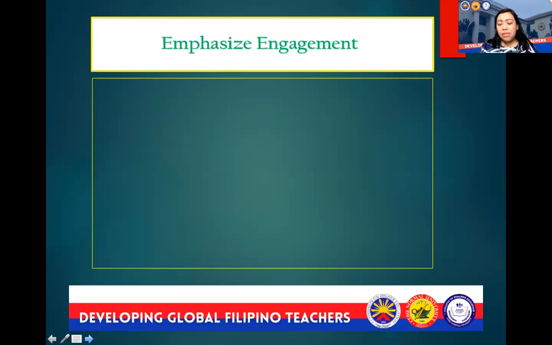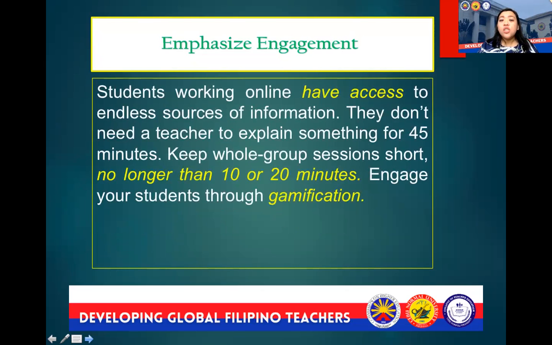Emphasize engagement. That's also one important thing. Students working online have access to endless sources of information. They don't need a teacher to explain something for 45 minutes. Keep whole group sessions short, no longer than 10 to 20 minutes, but instead engage your students through gamification or collaborative activities. If you just keep on lecturing for 45 minutes, many of them will really be bored,